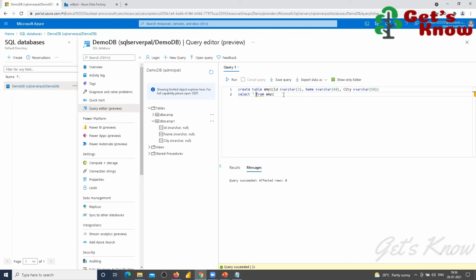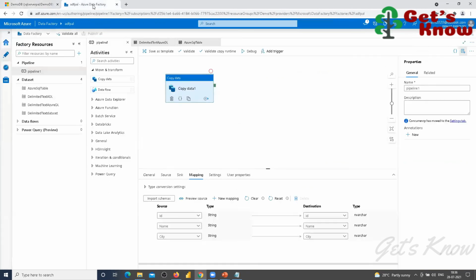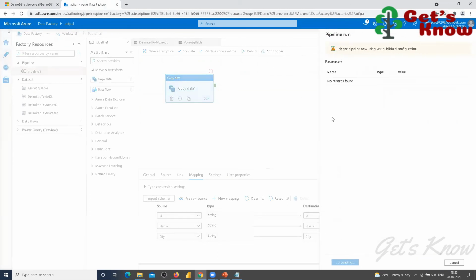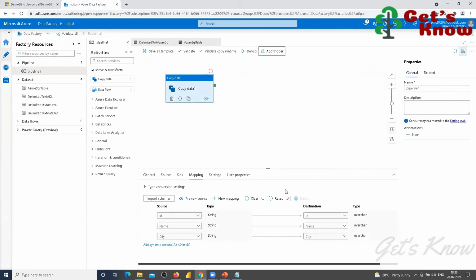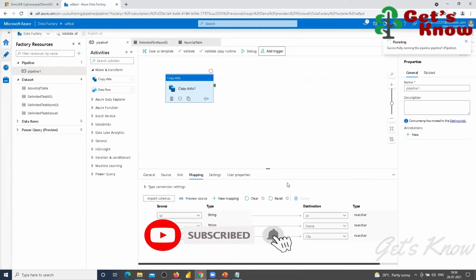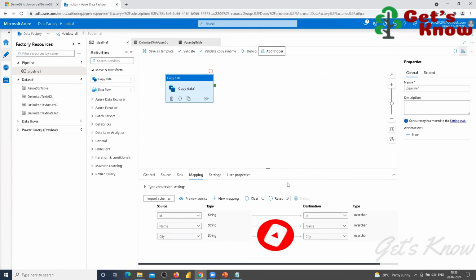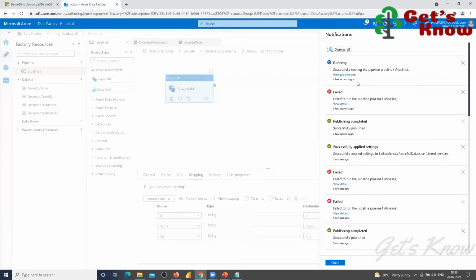Nothing is there. So now I'm trying to run trigger now. Yes. It's running.